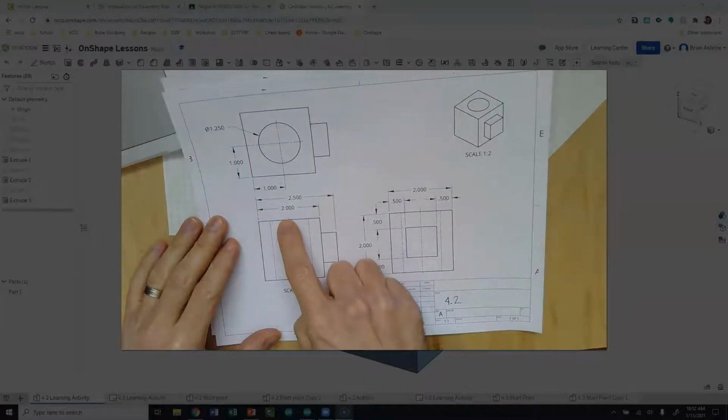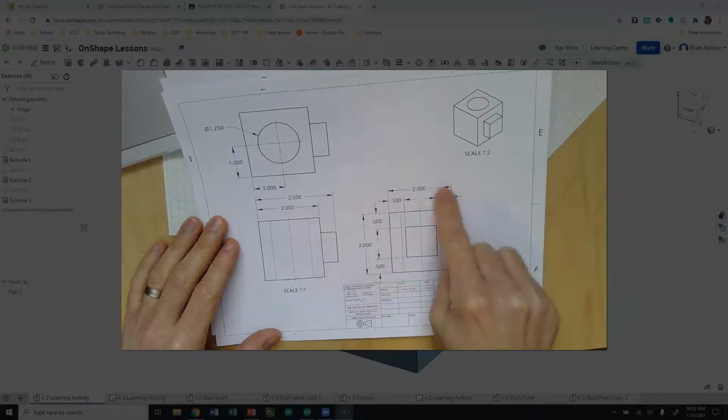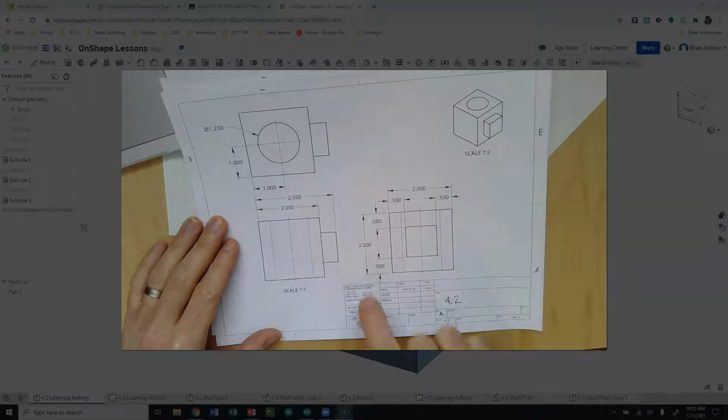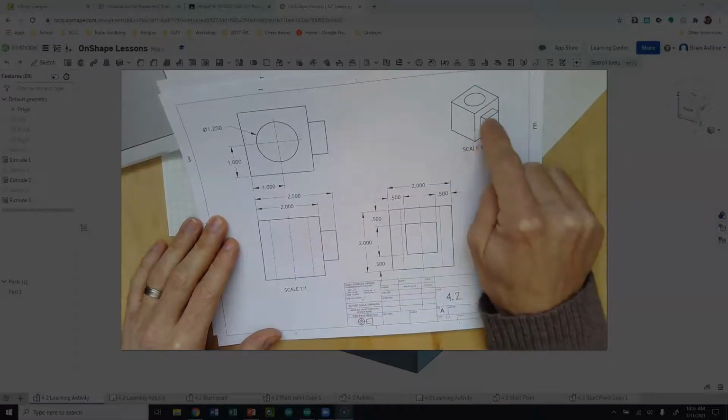It's basically like a 2-inch cube. It's 2 inches long, it's 2 inches high, and it's 2 inches deep. It's not exactly a cube because it has this little bump out on here. And as you can see, the bump out on the side, like this piece right here,